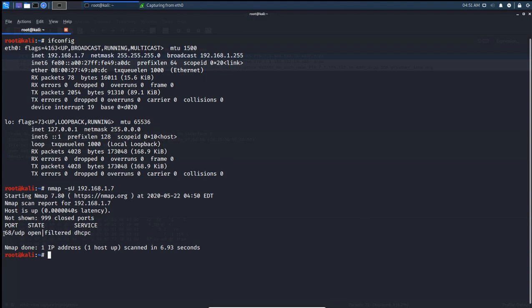So here is the port opened on our Kali Linux machine. 68 is the port number. As general information, ports are in the range of 0 to 65,535. This is additional information I am giving. And another thing, I am going to check my Windows machine. Is it vulnerable? I think it doesn't open any ports on UDP. Let's see whether any port on the UDP protocol is opened or not.